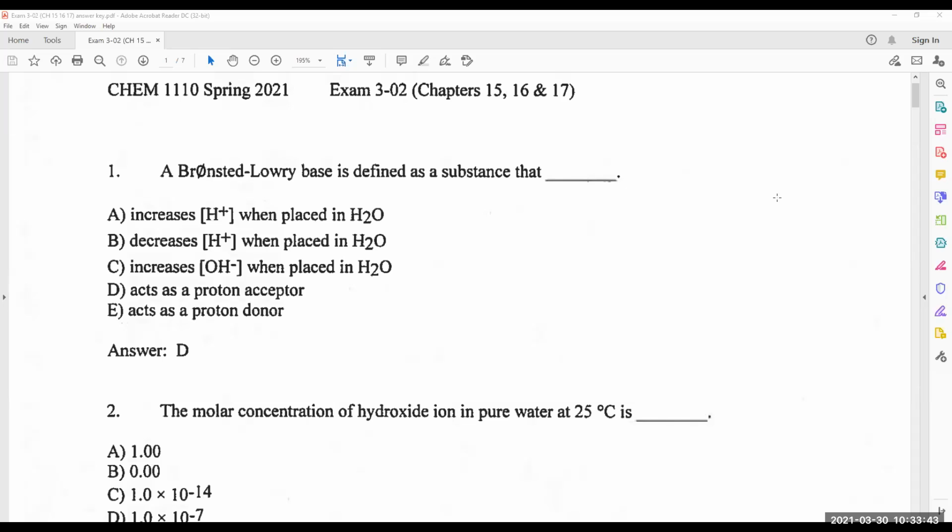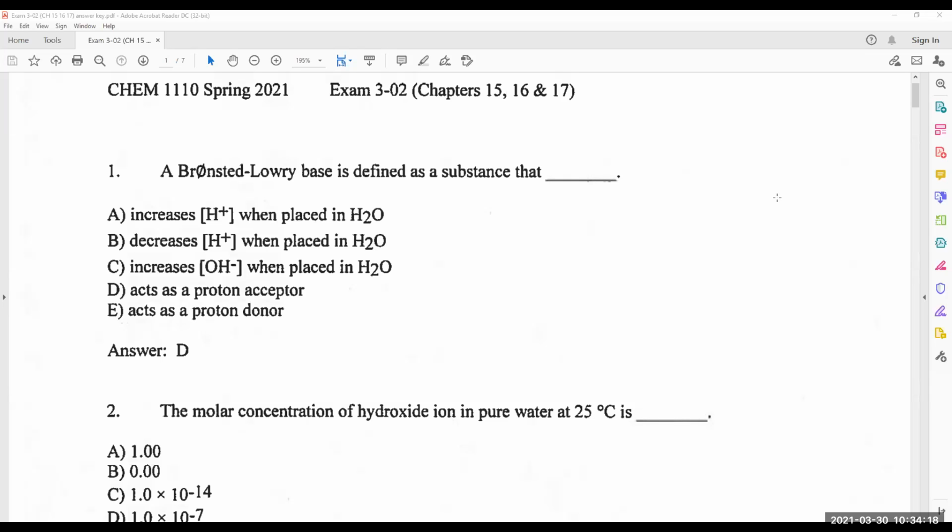Then once we finish going over that last exam, we'll start on chapter 19. So we're going to go back and do some additional thermodynamics this week. We'll do chapter 19 today, and we'll finish it up on Thursday. Then next Tuesday, a week from today, you'll have your fourth quiz, and that will cover chapter 19, this thermodynamic stuff we're talking about this week. Okay, so let's take a look at